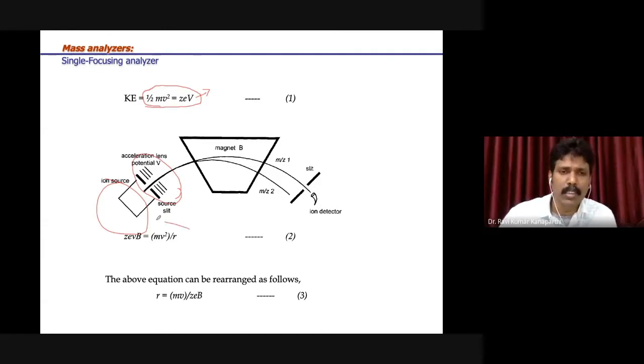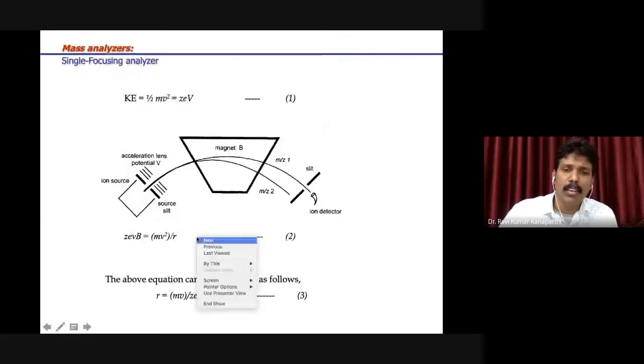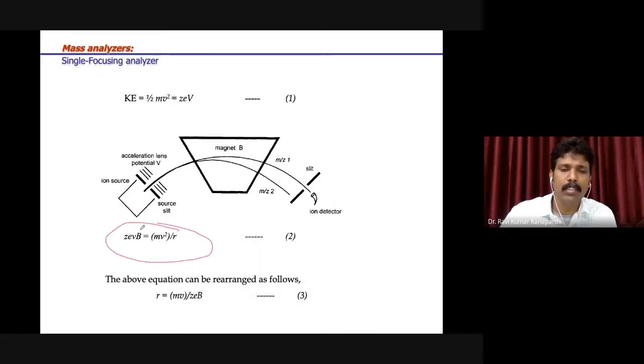Of course, there is a small equation that one can always derive. For any particle to travel in a circular path, we know from simple physics that the centrifugal force and the centripetal force must both match, they must be equal. Only then will a particular charged particle stay at a particular radius and travel in that particular path. So the centrifugal and centripetal forces must be equal to each other.